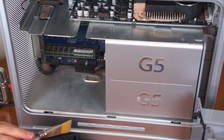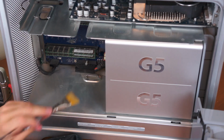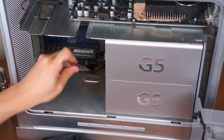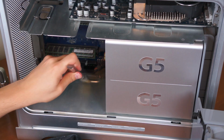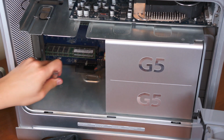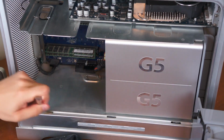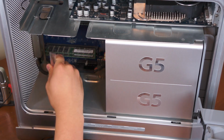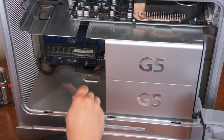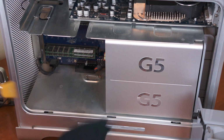I thought about doing a video where I took everything apart, took all the hard drives out and the graphics card and the memory and stuff, but since I plan on continuing to use this computer and I don't really need to take all that stuff out, I opted just to do this little cleaning video. If for some reason I can't use this computer, I will think about doing a video where I take everything apart. But I also don't know how loud that would be,